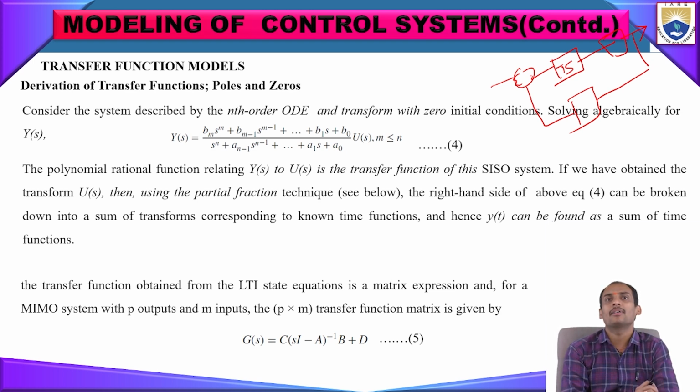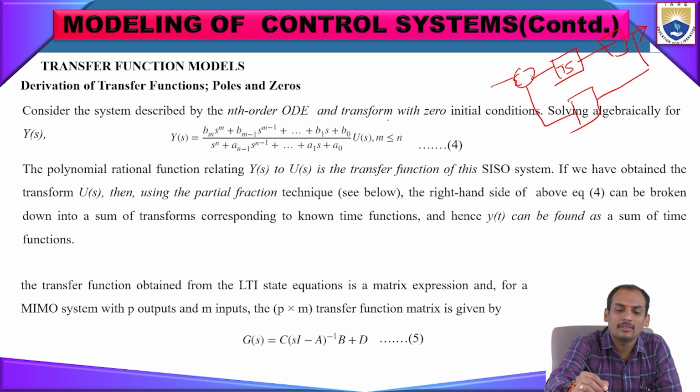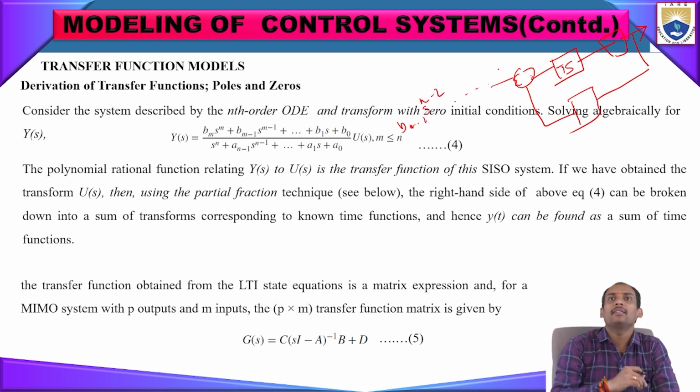So consider a system by nth order ordinary differential equation, and transform with zero initial condition, solving algebraically for the function Y of s. Then that Y of s will be equal to b_m s^m plus b_(m-1) s^(m-1) plus b_(m-2) s^(m-2). Like that it will go on, and it will be equated to b1 s plus b0. Like a series has been going on, and the downward function,